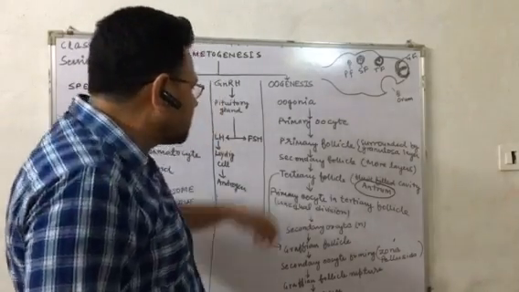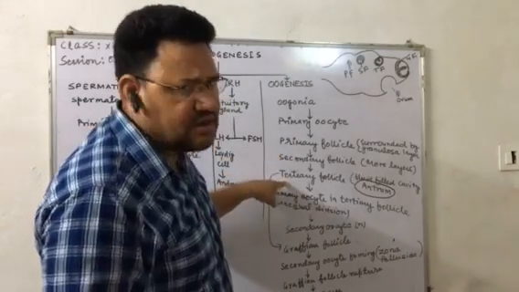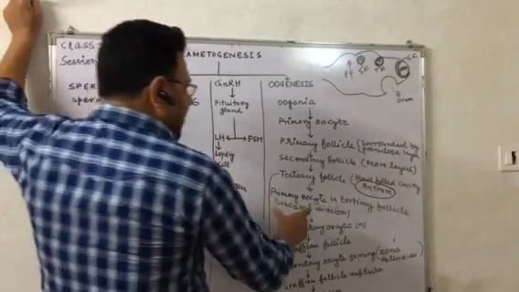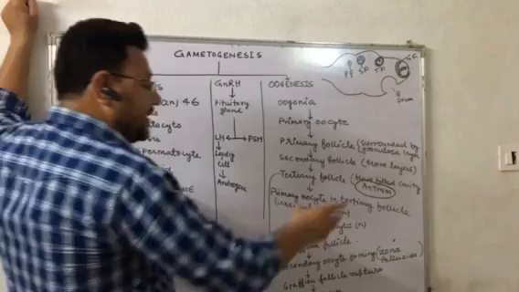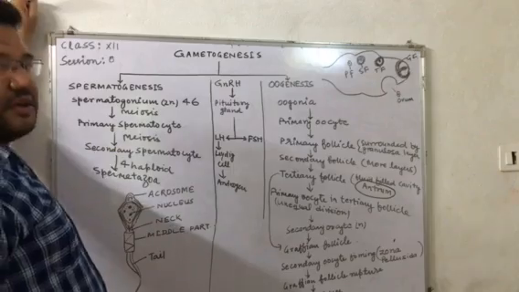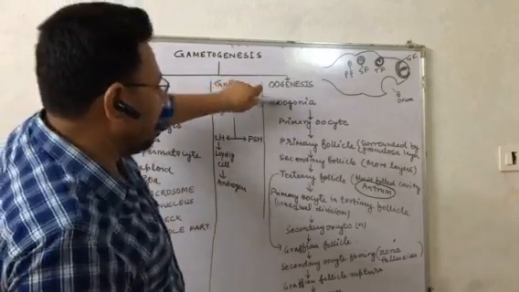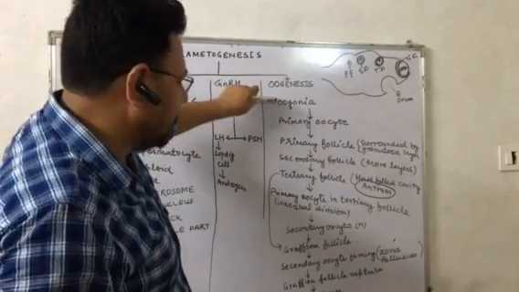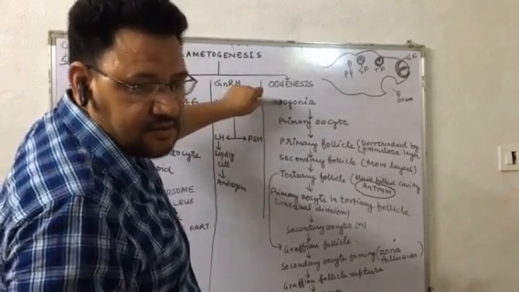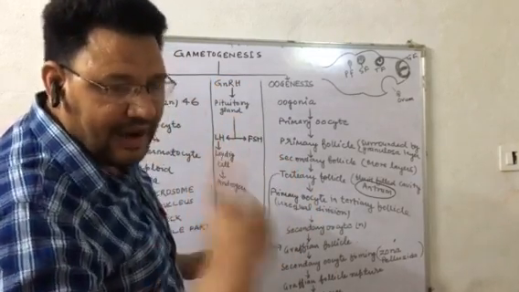Now, this primary oocyte was already present in this tertiary follicle because it is only surrounded by layers. So, this primary oocyte in the tertiary follicle undergoes unequal divisions. And you see, they all are diploid, no? This is diploid, no? So there will be meiosis, and during the process of meiosis, 4 daughter cells are getting formed, and each are haploid, having n number of chromosomes.